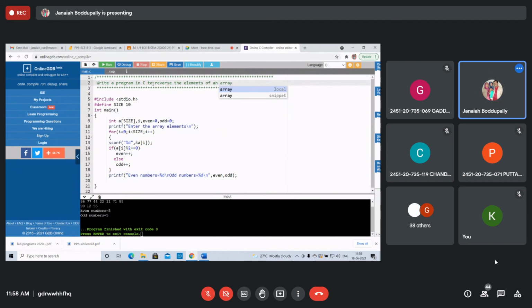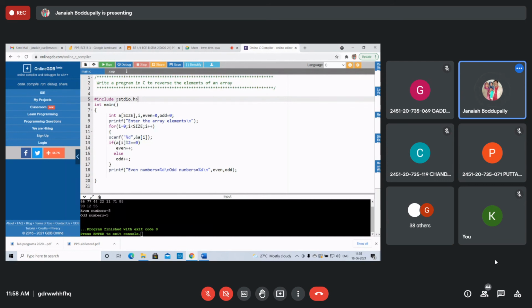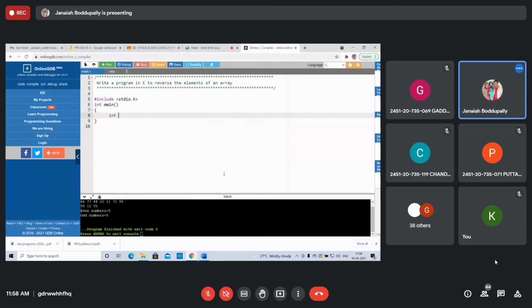Right? Then remove this. You can use this one. I hope you copied this one. int i, a[10]. I'm taking 10 elements directly. Static kind of assignment initialization I'm doing. Otherwise, you can take the elements from the keyboard also.